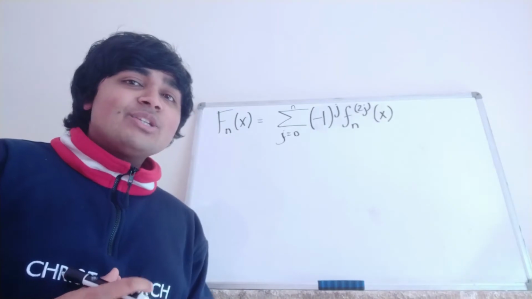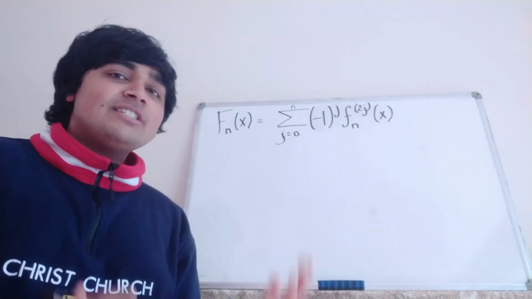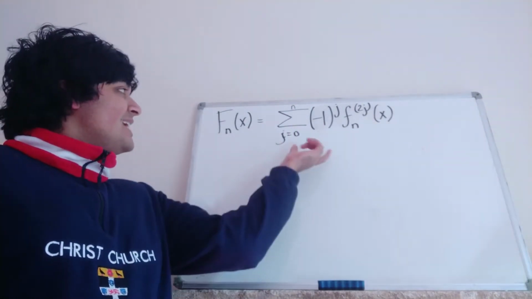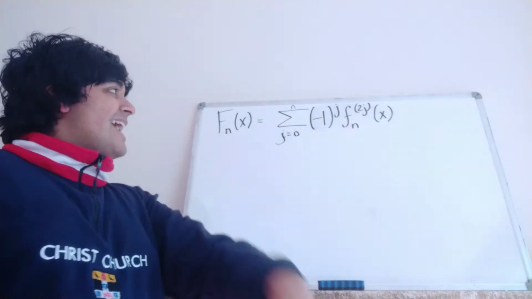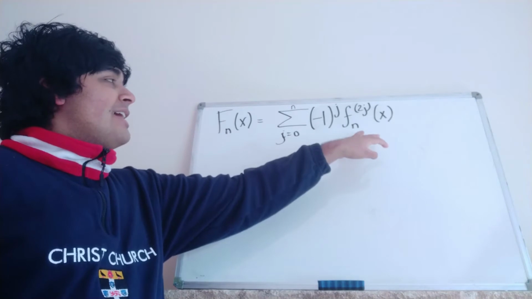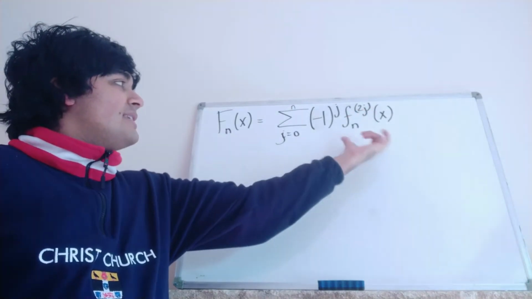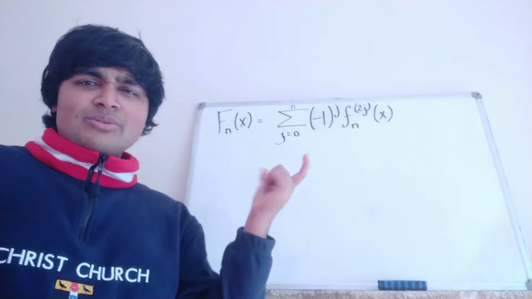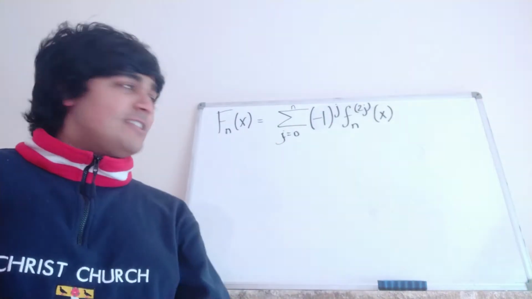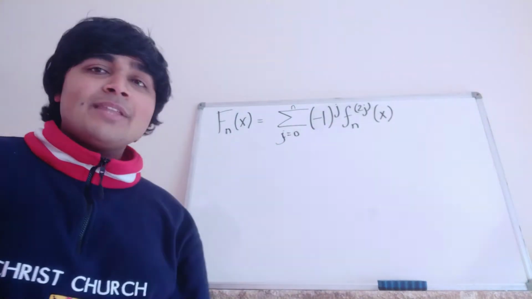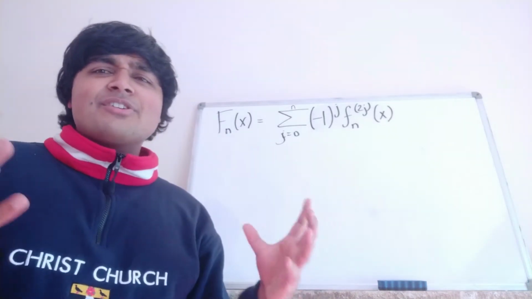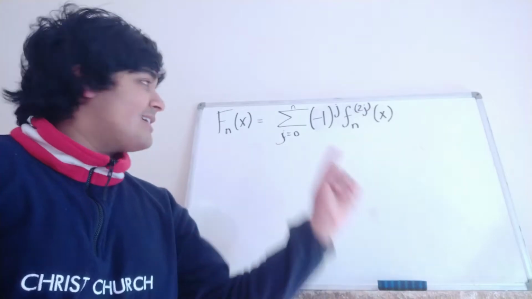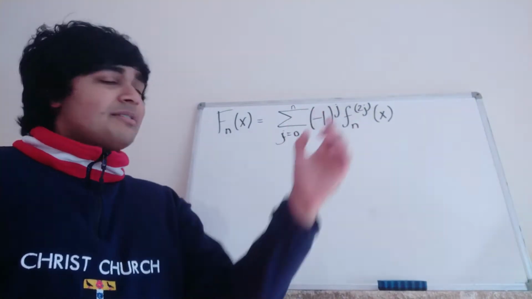Okay, so now what we're going to do is introduce a new family of functions which we're going to call capital Fn of x, and they're defined as follows. It's the sum from j equals 0 to n of minus 1 to the power of j times the 2jth derivative of fn of x. So this is an alternating sum where we're only looking at the even derivatives of fn of x. And now what we want to do is write capital F in terms of its derivatives. And that's why we've defined capital F to be this sum here.